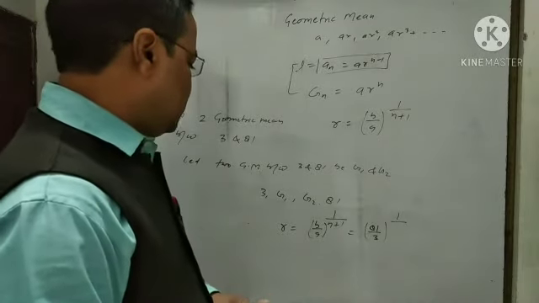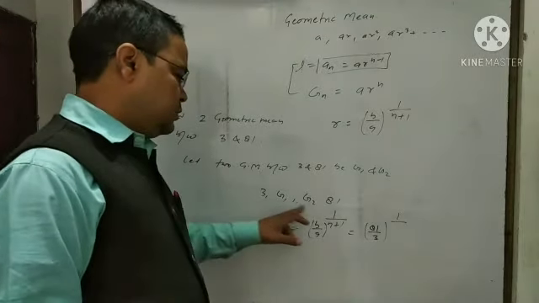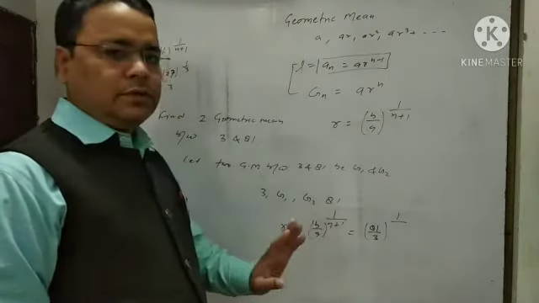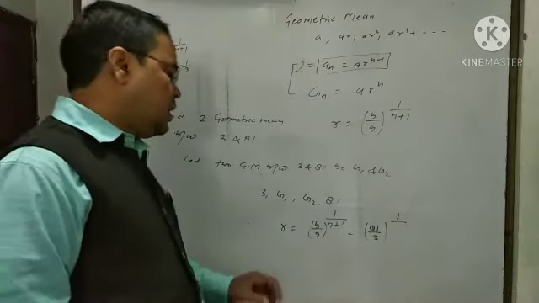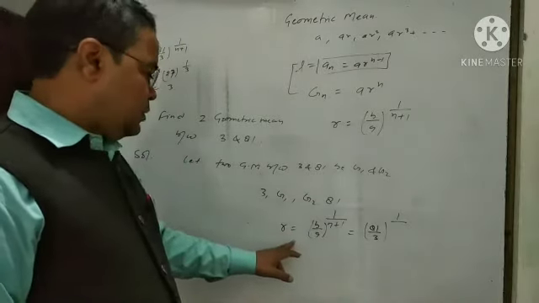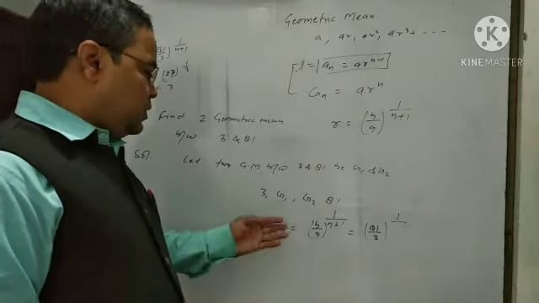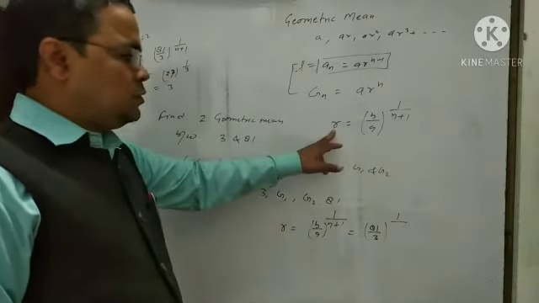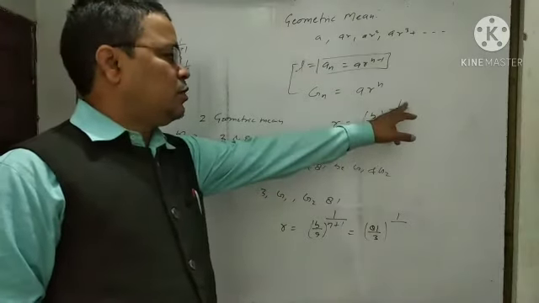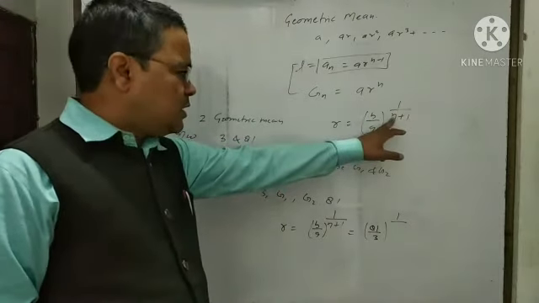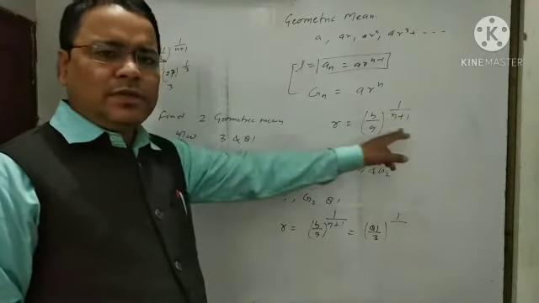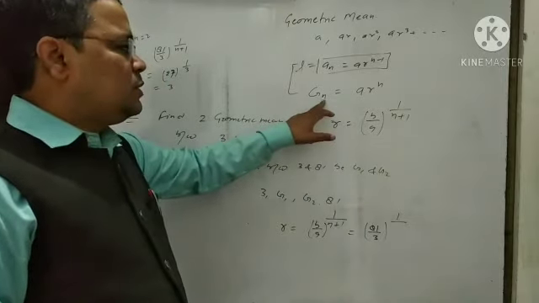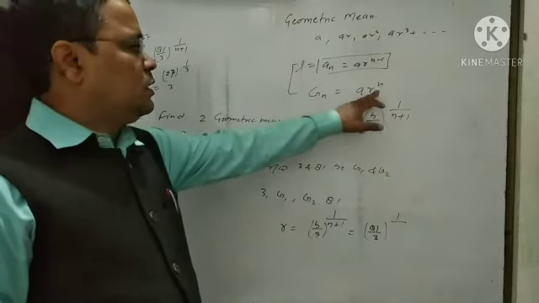Here now we have 3, G1, G2 and 81. This will be in geometric progression. If R is the common ratio, then with the help of the last term and first term, what is the formula? Common ratio is B by A raised to the power 1 upon n plus 1. So what is n here? Total number of geometric means. Here Gn means the total number of geometric means n.